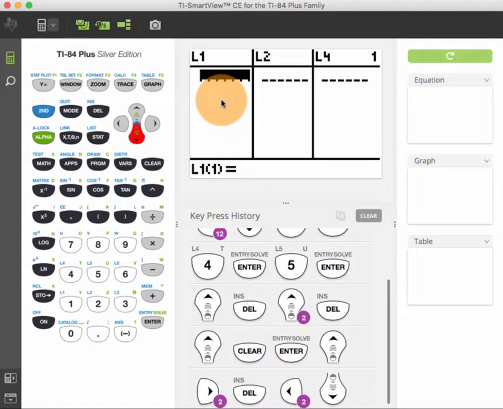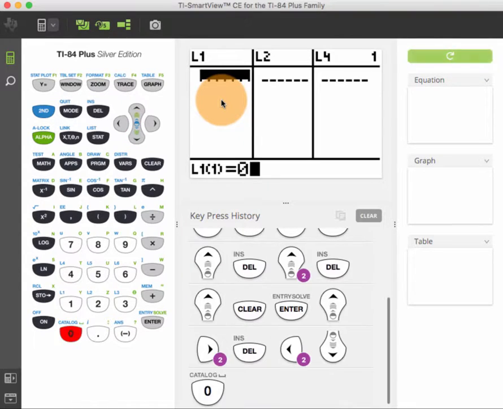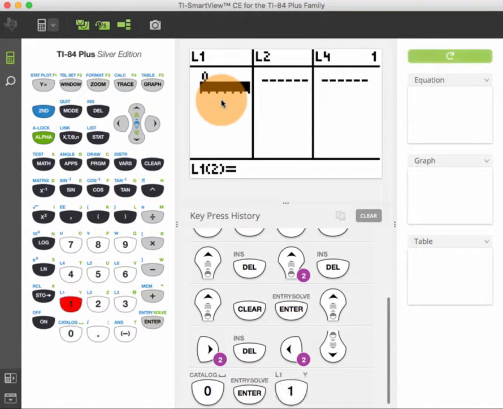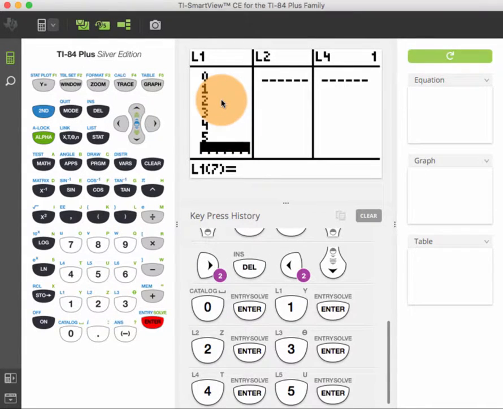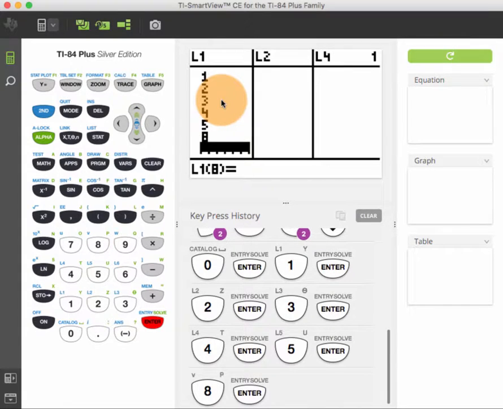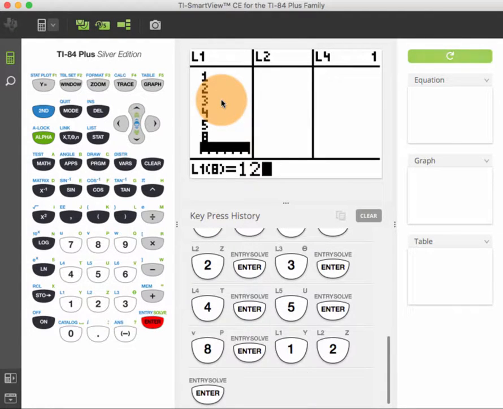So some of the answers were 0 siblings. So we're going to enter in 0. And then there was 1 sibling for some students, 2, 3, 4, 5, 8 siblings for 1 student, 12 siblings,